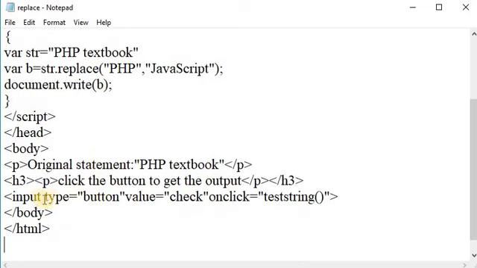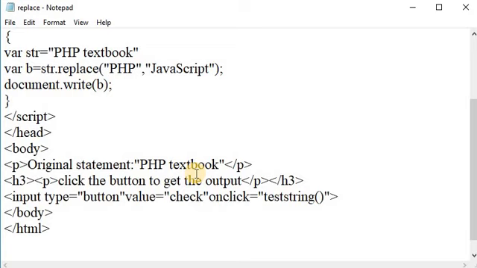Here I am taking one button field, type is equal to button, value check, and onclick calls the function. By using the p tag I am writing the original statement, that is PHP textbook, and by using the head tag I am writing click the button to get the output. This is optional, you have to write it, otherwise skip these sentences.